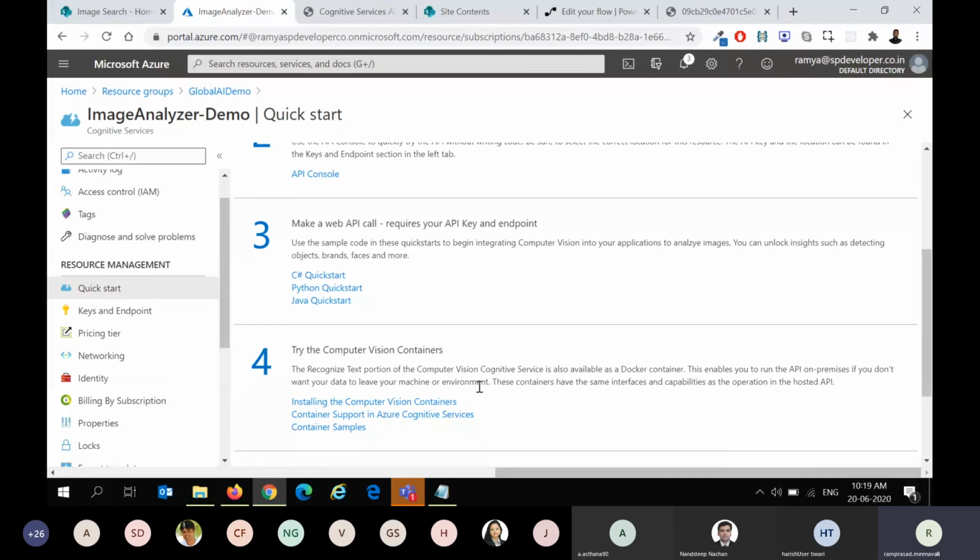You can show some circuit boards and see if this circuit board is really designed appropriately or not. These kinds of scenarios are totally custom to your business cases and domains. So in such cases, you can use custom vision, where you can train your models on your own and define your own data sets there.